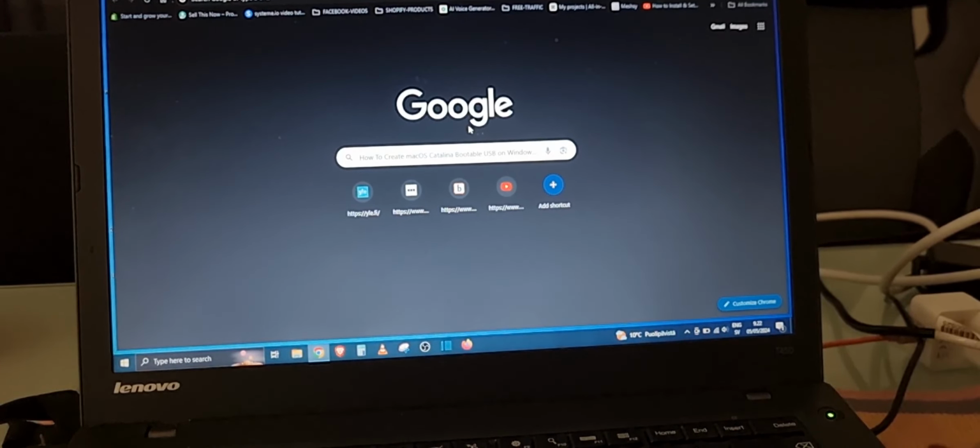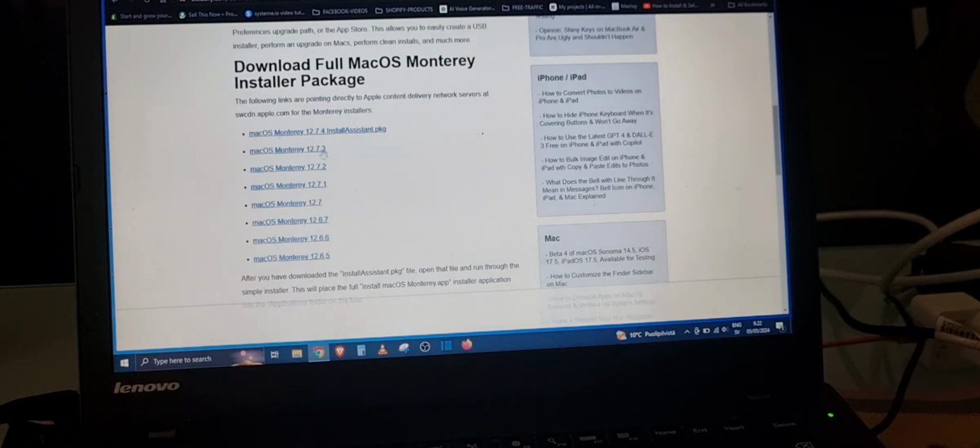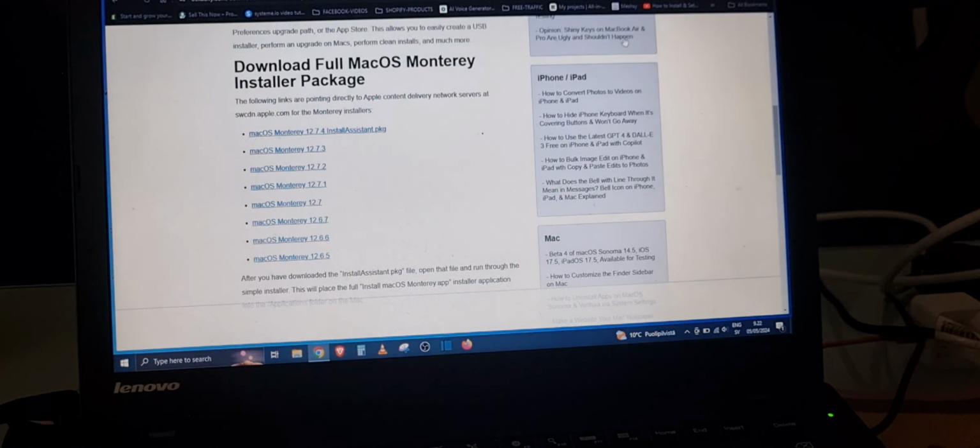Today I'm going to demonstrate how to create a macOS bootable USB on Windows step by step. Very easy. This is macOS Catalina, but let's choose one of them. I am going to choose macOS Monterey. So as I downloaded it before,